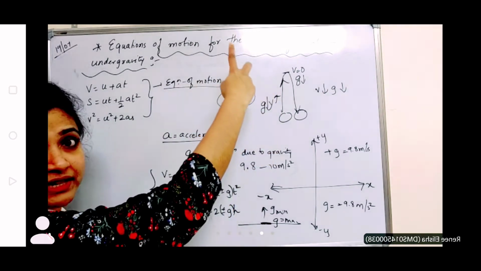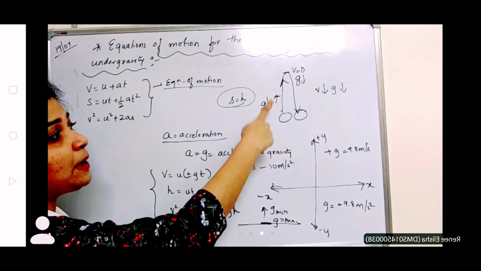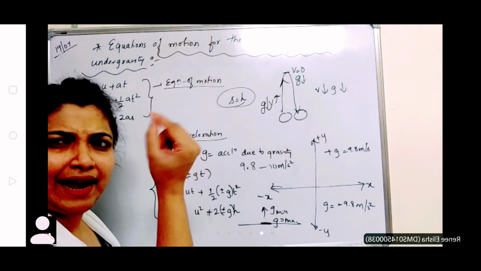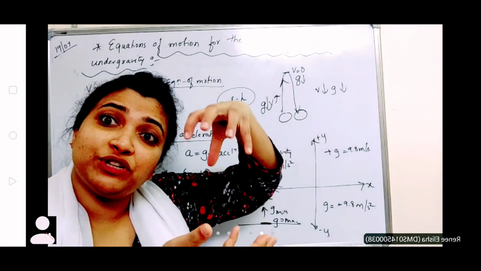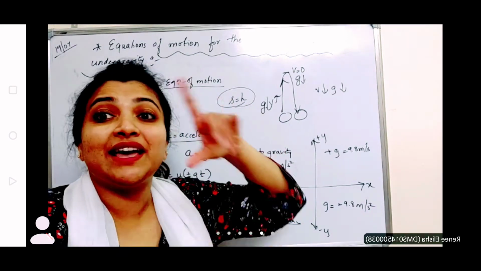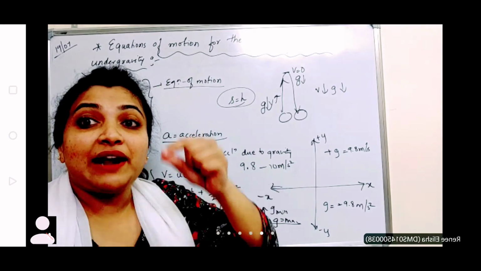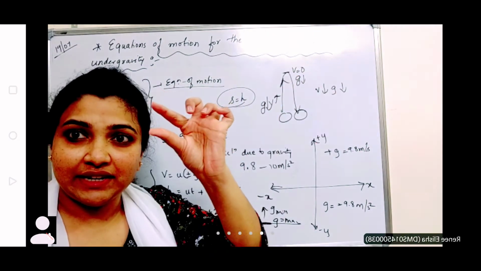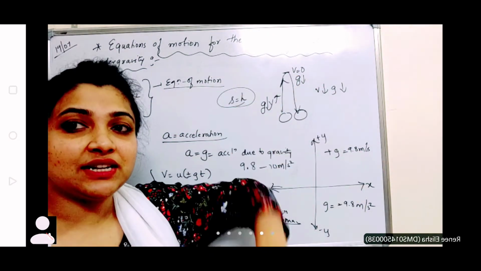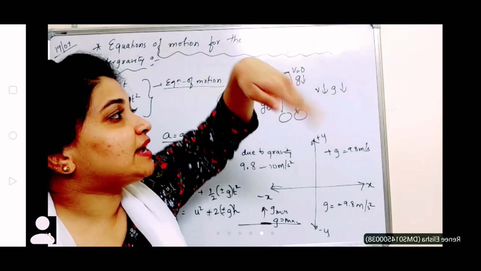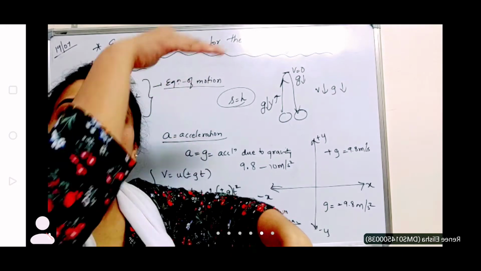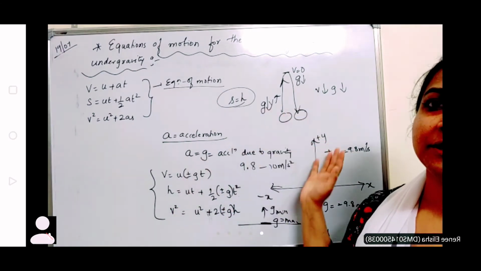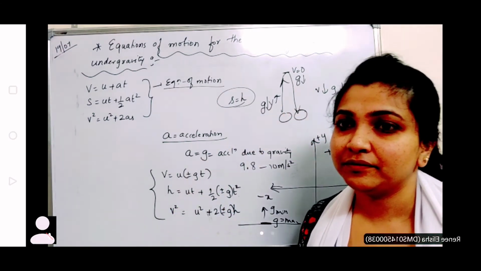If I'm throwing some object up, there is a decrease in velocity. At the maximum height, velocity becomes 0, right? Velocity at that instant, okay? If continuously the velocity is 0, then I say that the object is at rest completely, right? But at that instant, the velocity is 0. Once it goes up, the moment it turns down, that instant becomes 0. But still the acceleration is acting in the downward direction. Then when it comes down, definitely velocity is increasing. Clear, children? Are you clear with the concept now? Yes, ma'am.